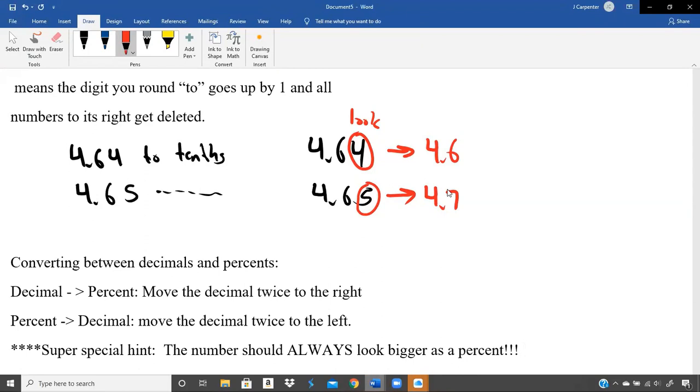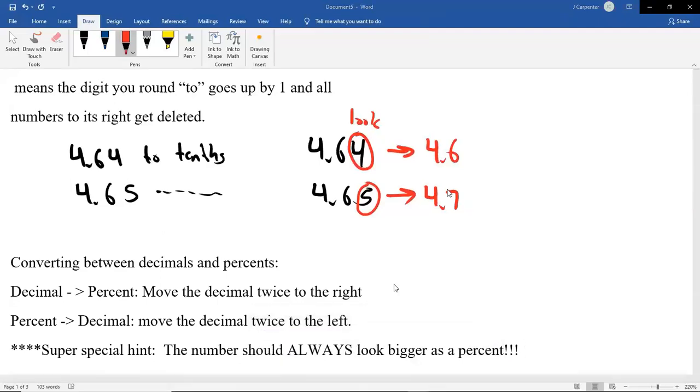If you're looking at the number in 2 forms, one is a decimal, one is a percent, it should always look bigger as a percent. What I mean is if you don't write the percent symbol, that number should be bigger than the other one. It should be bigger by a factor of 100, in fact. I cannot tell you how many times I've used that to fix a quick mistake, because I'm converting, thinking and writing and doing at 3 different speeds, and it can be a challenge for some of us. I'm 3 steps ahead in my head, and when I write on the board, I move the decimal the wrong way. But I look at the number and I go, wait a minute, that doesn't look right with my super special hint. I ended up making a percent that looks smaller than the decimal. So then I go, oh, hold on, we got to correct that.